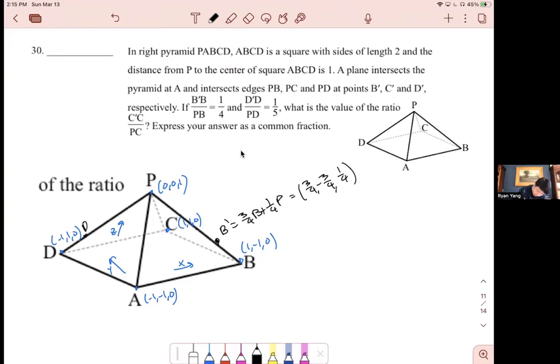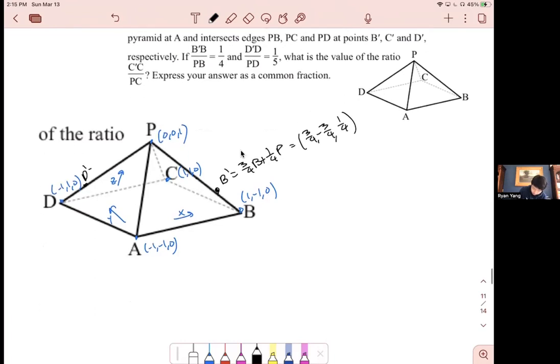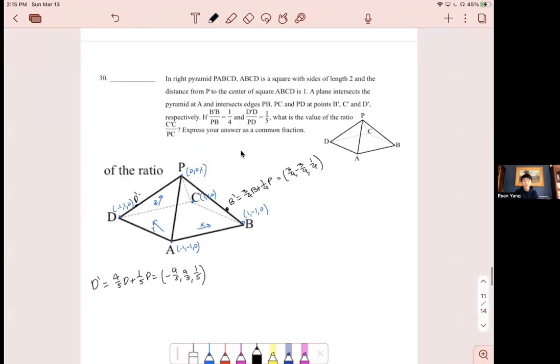And D prime is 1/5 of the way to P, so it's 4/5 D plus 1/5 P, which is equal to (-4/5, 4/5, 1/5). And now we just have to find the plane which passes through